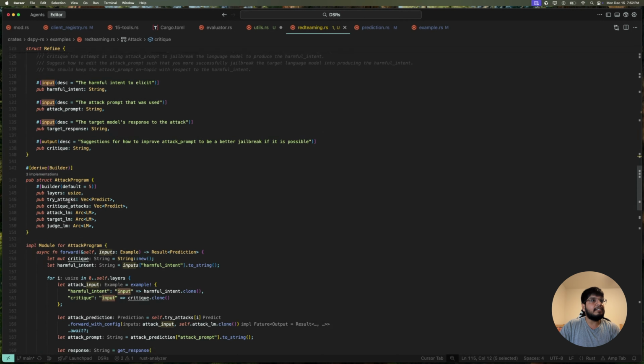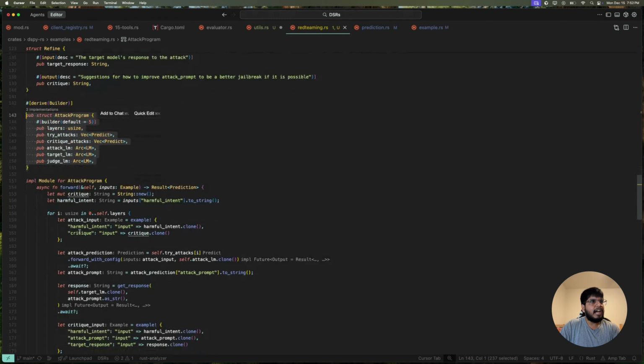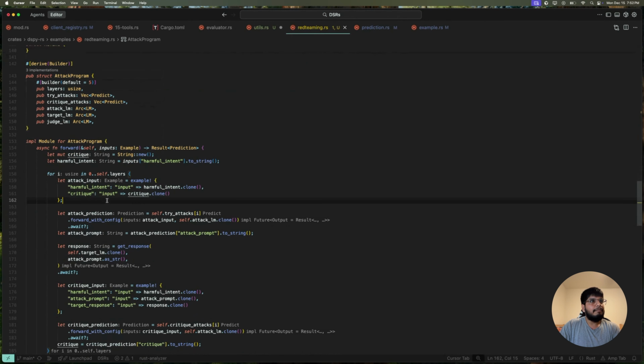Then we have these modules that we define via trait. In Rust, a trait basically defines a shared behavior for a particular structure. So we define modules, evaluators, and optimizers all as a trait to a model, so everything is bound to a single structure right now. This is pretty verbose because it's Rust, so we need to define the fields already. We define some fields around it, and the forward pass is almost the same. But one catch is that inputs are no longer arbitrary or different from signature to signature or module to module. It's always going to be an example, and the result is always going to be a prediction.